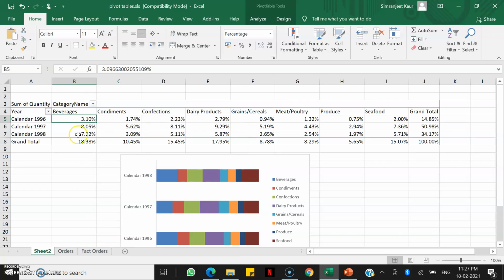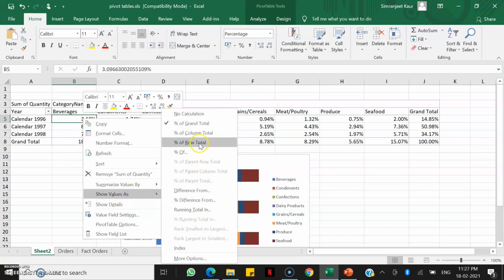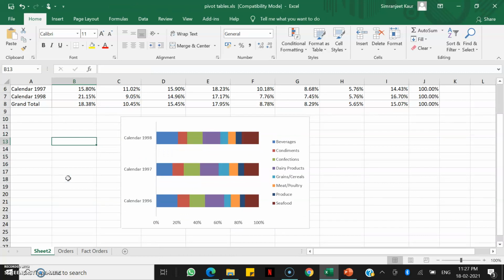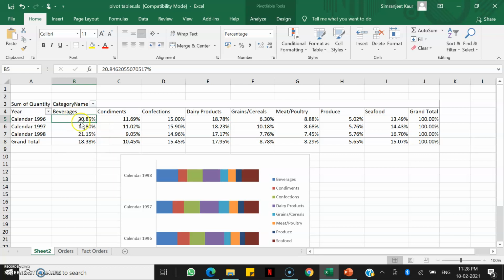And similarly I can use percentage of row total also. Now you see this 20% here of beverages corresponds to this cell. So in 1996, out of the total products that were being sold by this company, beverages formed 20.85% of the total share, right?